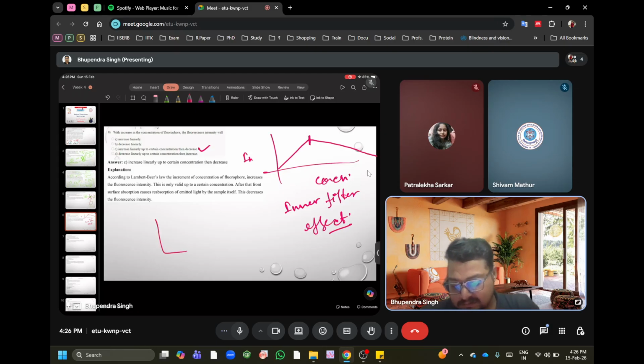Let's say this is your cuvette and the sample is dilute, so the light will come and reach until here, because slits are there. In the fluorimeter we have slits: this is the excitation slit, this is the emission slit. So only this part is going to absorb the light. Hence,